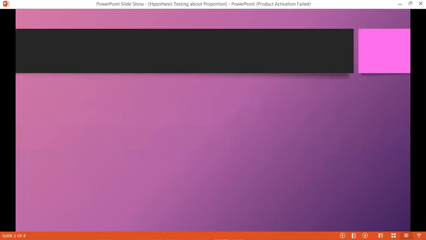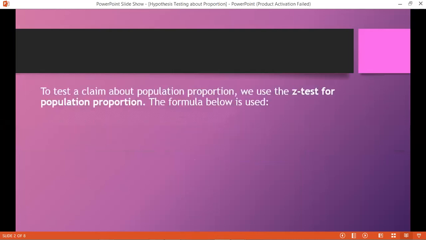To test a claim about population proportion, we use the z-test for population proportion. There is also a t-test for population proportion, but for today's video, we will just focus on the z-test for population proportion. The formula is given by this one,